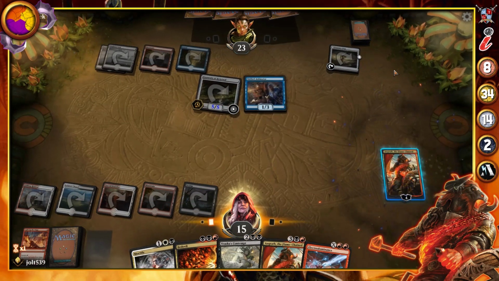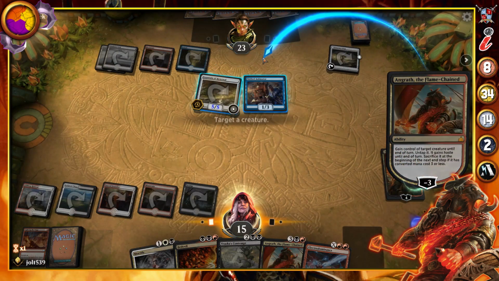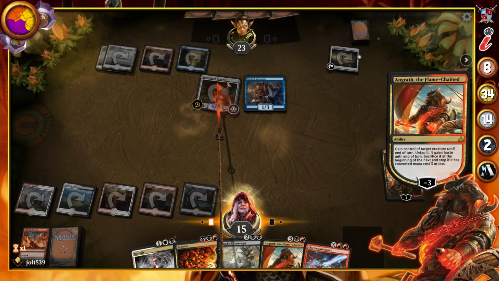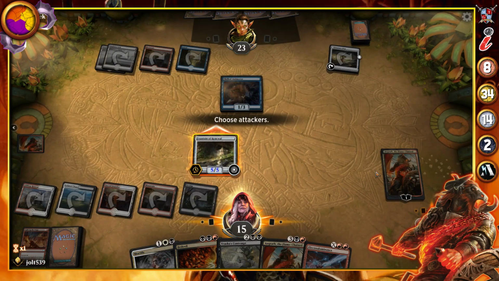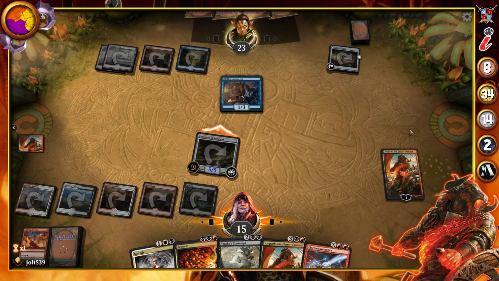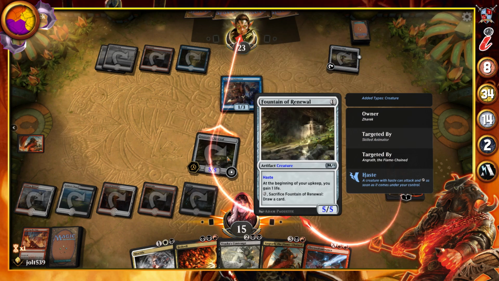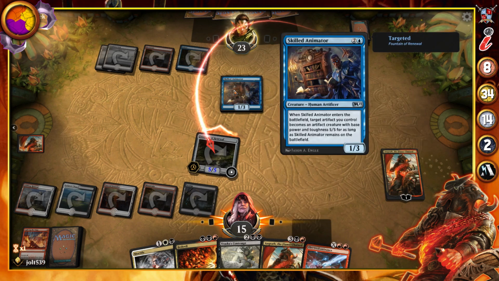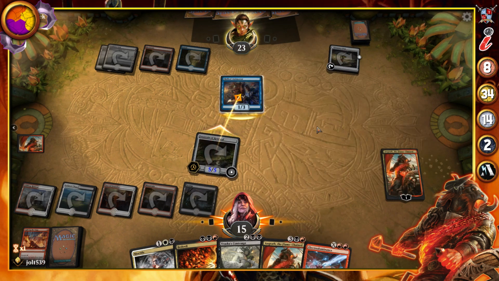So I think at this point, what we're going to do is go for Fountain of Renewal. We're going to gain control of it. If you would have told me before the game that we're going to gain control of a Fountain of Renewal that's a 5/5, I would have been like, okay. All right, so we're going to swing it for 5, and we'll see if the skilled animator is not so skilled in blocking his fountain. That would be a pretty good job by a skilled animator to turn an entire fountain into a